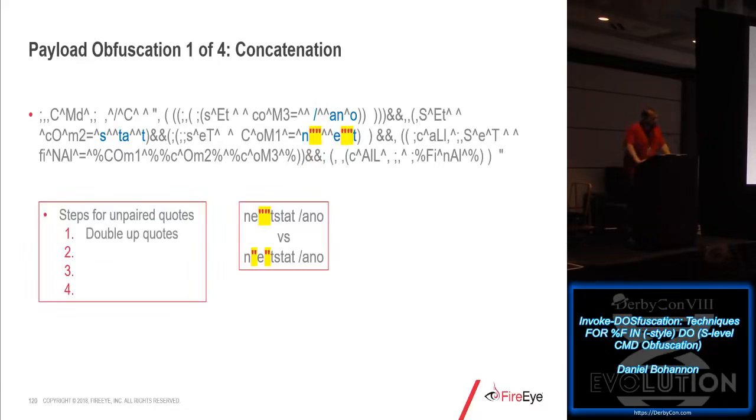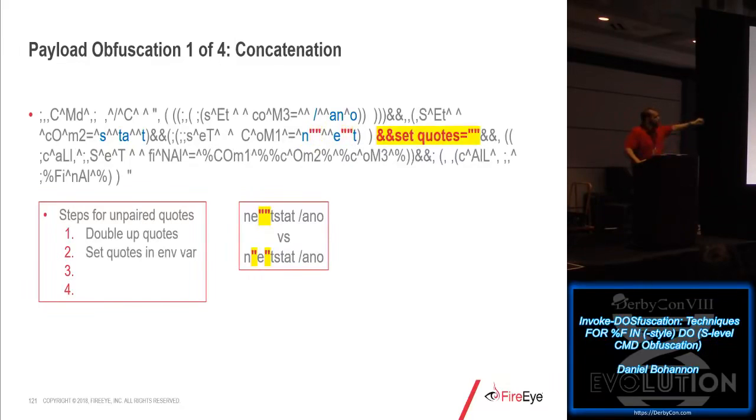But basically what it comes down to is anywhere I want single or non-adjacent double quotes, I change that to paired double quotes, because it'll show up that way in the argument. So I set it to be double. The next thing I do is set another variable that stores quote, quote. And then I create white space at the end of the final variable, and I'm going to use that FIN7-style string substitution to say anywhere in our command where we have quote, quote, I want to replace it with 1 quote. The problem is I can't put 1 quote here, because then we have an unbalanced number of quotes in the command. So what I do is I reference the quotes variable and say, give me a substring of that. So statically it's balanced, but in memory it's unbalanced,